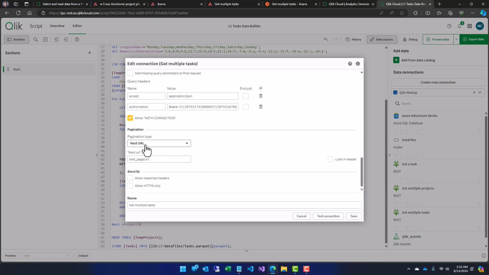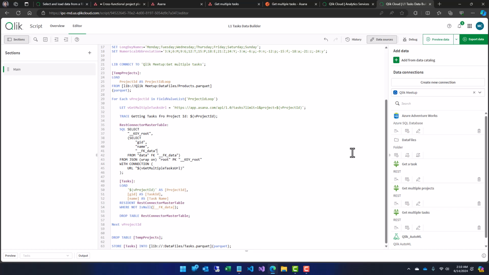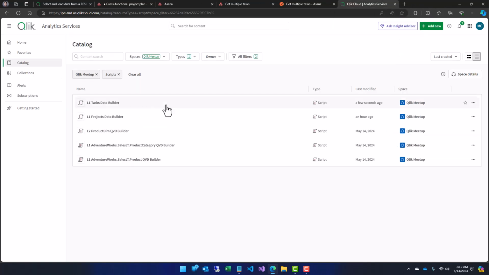So personally, the one that I have the most success was the next URL. It's usually the easiest one. So that's why I always go to this one. But it can be very frustrating figuring out the pagination. But you always have the option to do manually. So in this case, you can do none, and then you can manipulate this in different ways. Okay? So, all right. So now we just have one more builder,